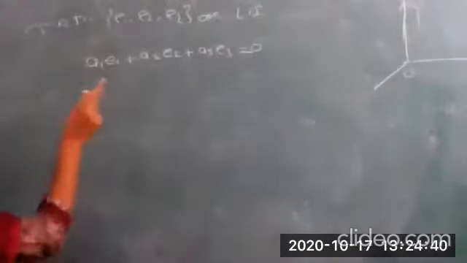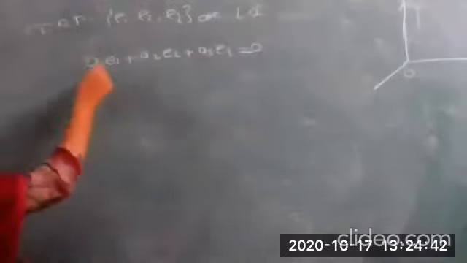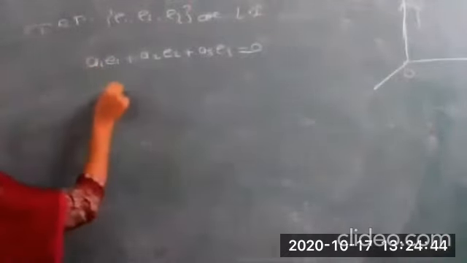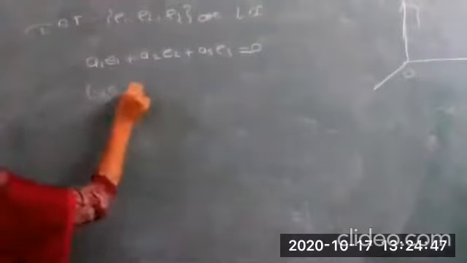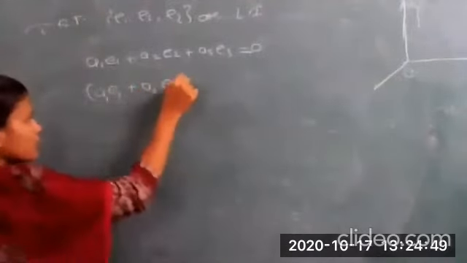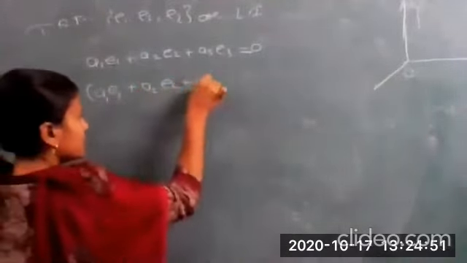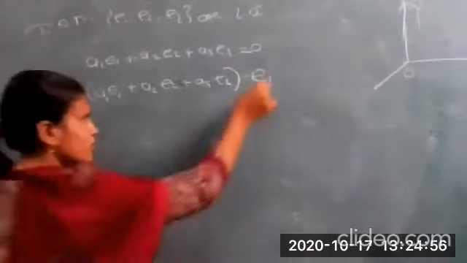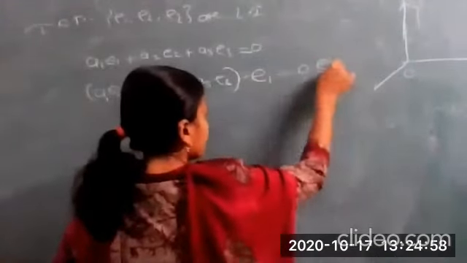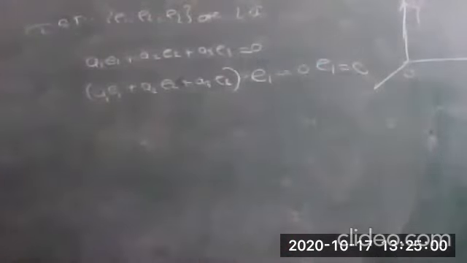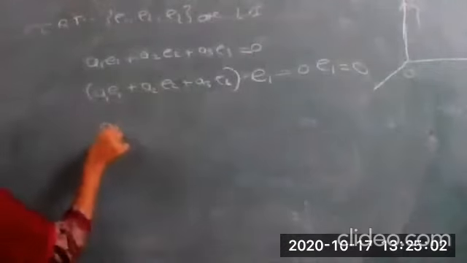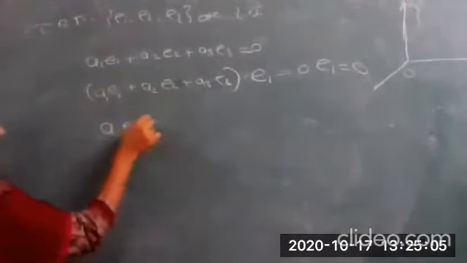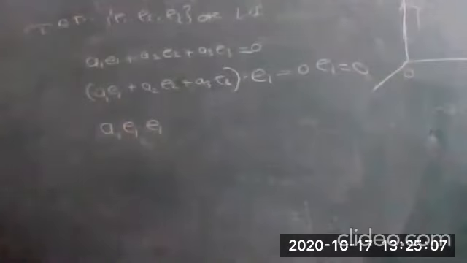So if I want to prove all the Ai are 0, let me take the dot product of this with E1. A1 E1 plus A2 E2 plus A3 E3. Let me take the dot product with E1. Here also 0 dot E1, so it is obviously equal to 0. Correct? So what do I get? A1 and E1 dot E1. What is E1 dot E1? I have told you the dot product of E1 with E1 itself should be equal to 1. Why? Because these are unit vectors.